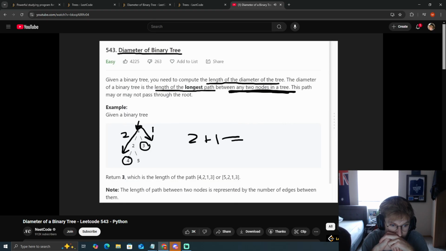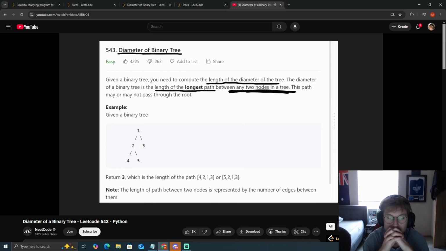That's the diameter. Now, it's the longest path, pretty obviously from looking at the picture, but what are a couple other diameters that aren't necessarily the max? Well, look at this. If you go to its left, that's a path of 1. Go to its right, that's a path of 1. So the diameter from here is going to be 2. And what about this? If you look at it, the left and right are null, so